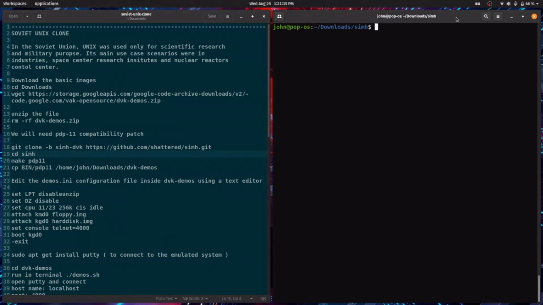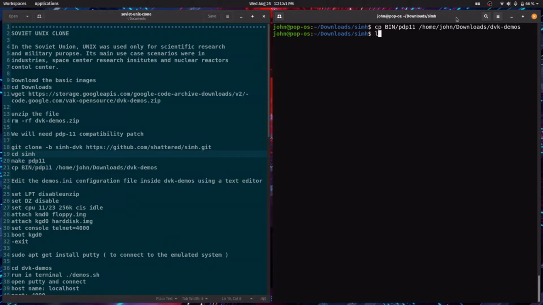Now let's copy bin/pdp-11, because the operation that we made creates this binary file, to home, our user, downloads, dvkdemos.